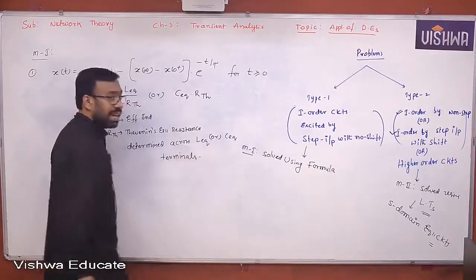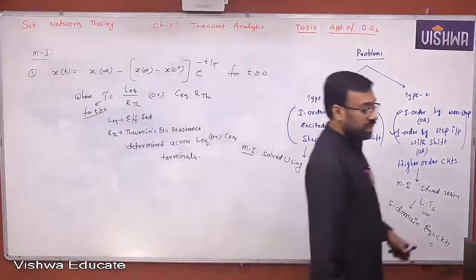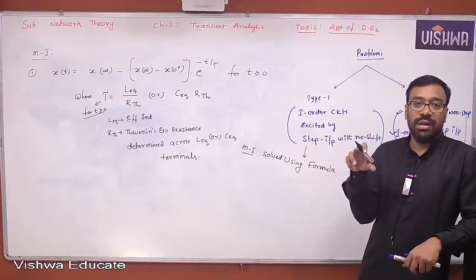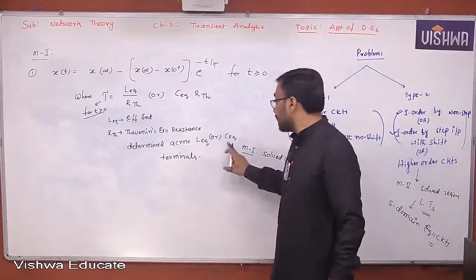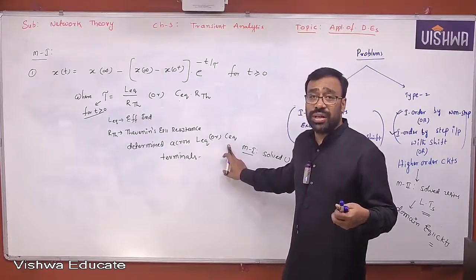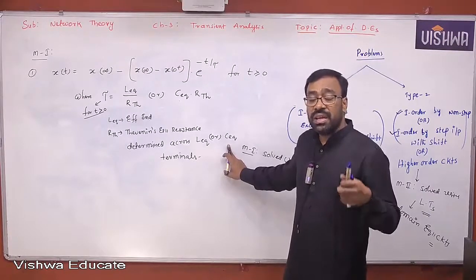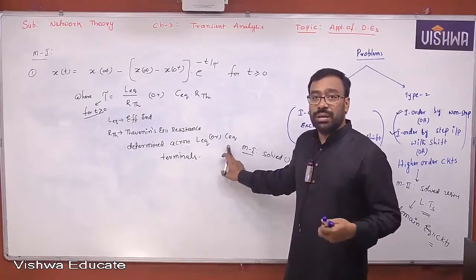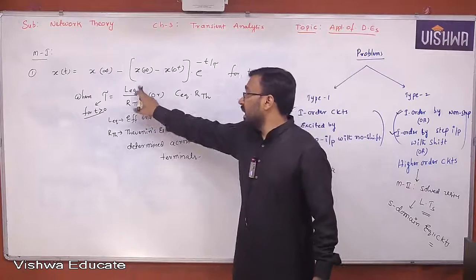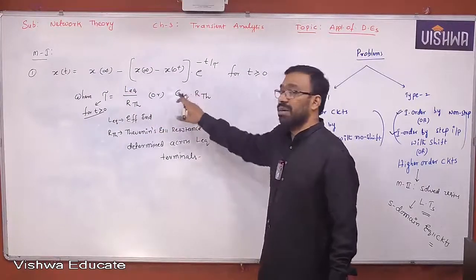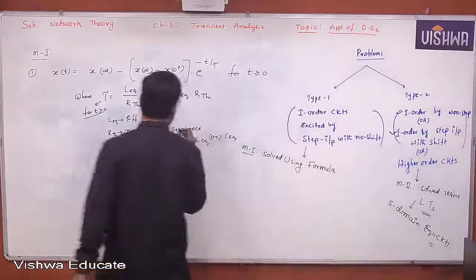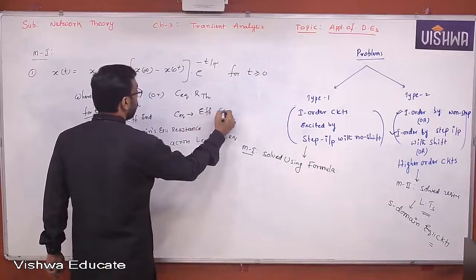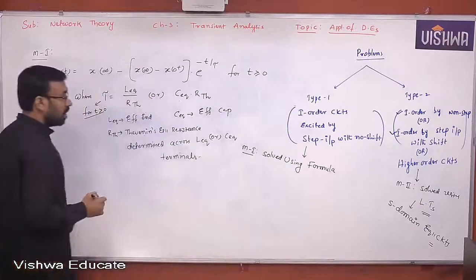Usually to find RTH, okay, we remove the load, right? We require load terminals. Now here, L equivalent terminals or C equivalent terminals are treated as load terminals. You understand all of you, okay? In case of RL circuit, L equivalent terminals. In case of RC circuit, C equivalent terminals. Okay? So C equivalent is nothing but what? Is effective capacitance. Understand all of you, okay?